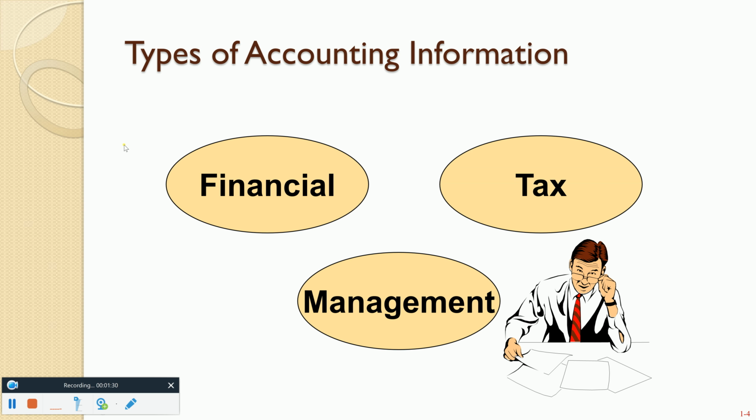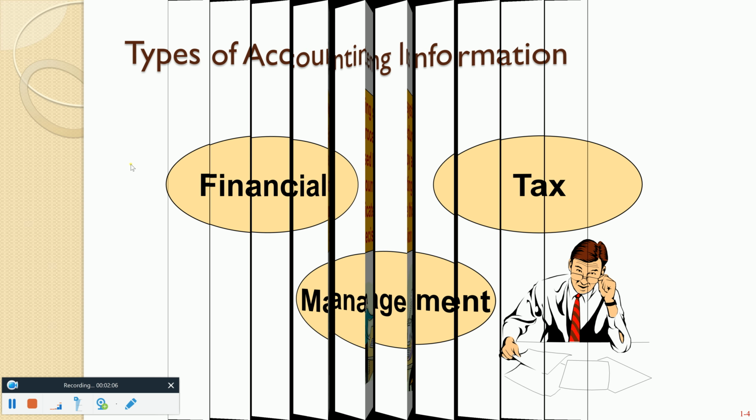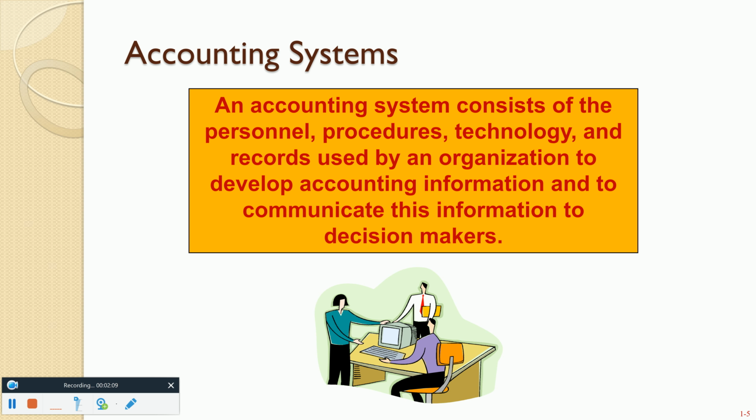Okay, the types of accounting information that are out there are either financially related, managerial related, or tax related. There are all sorts of accounting classes that you can take in regards to financial accounting, managerial accounting, and tax accounting. In this particular class, we're going to concentrate on financial accounting. We're going to talk about summarizing all of the business transactions and creating what is known as financial statements. That's basically the summary of the books and records that I talked about a few minutes ago. And that's what we're going to concentrate on in this class.